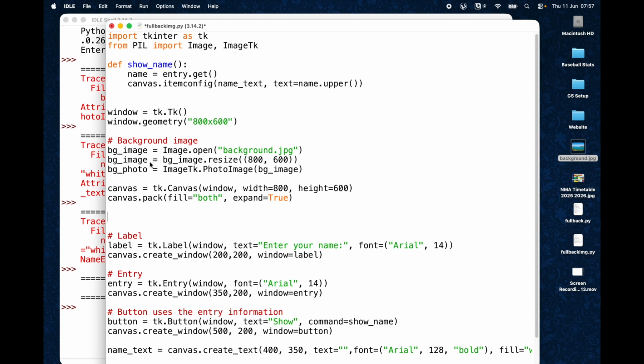I've got my canvas ready, I've got my photo ready, I've got everything ready, but I need to actually make sure that I'm bringing all those things together, I'm putting it on the page. So I'm going to say canvas create underscore image in brackets. Where do I want this? Now we've talked about the X and Y axes here, but I want this to fill the whole screen. So I want it to start in the top left corner. So I'm going to put 0, 0, and then I'm going to say image equals, which image am I going to get? Well, I'm going to get this one, which is called BG photo, right? So I'm going to say BG underscore photo,